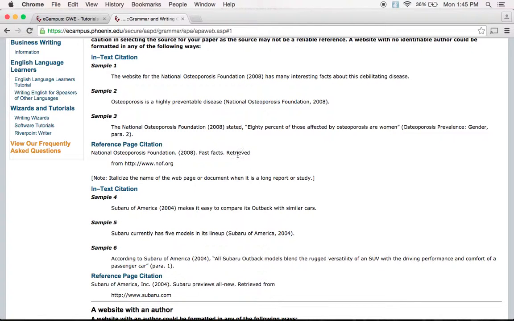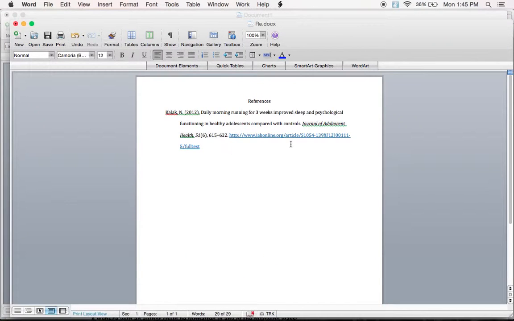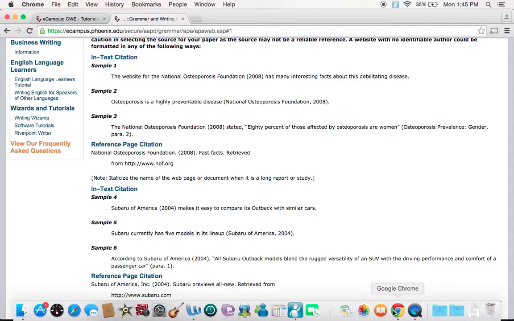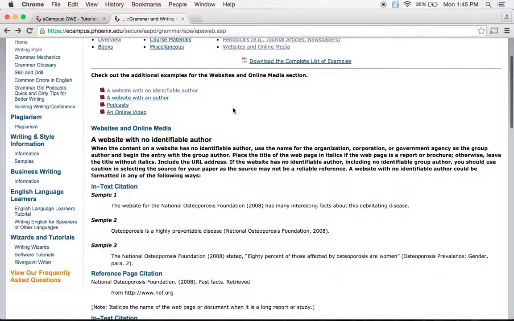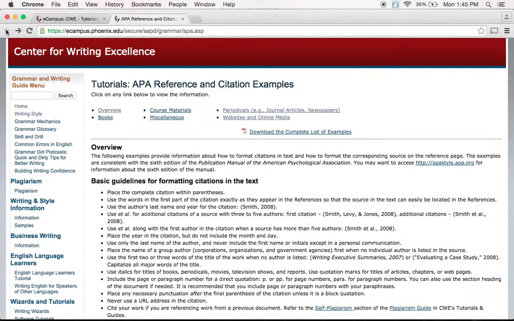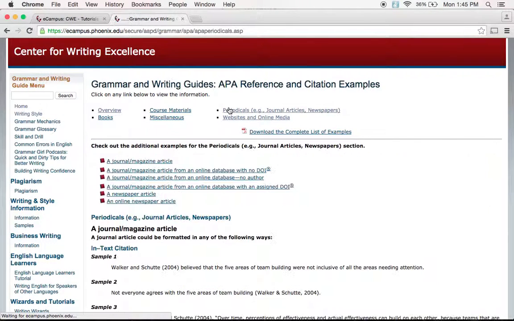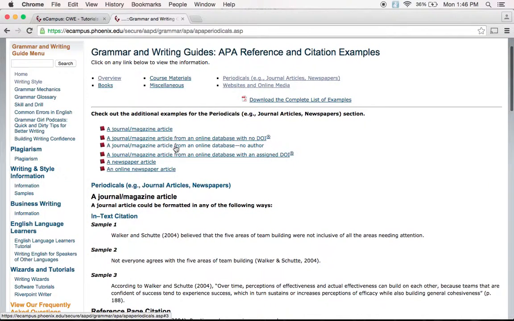Okay. Notice it puts retrieved from. Okay, I should go back and put that back in my source there. Okay. So what I'd like you to do is just remember you're going to be following steps, different directions. Whoops, I didn't want that. And if you have questions, you can always ask me, but you can also a lot of times find your answers.